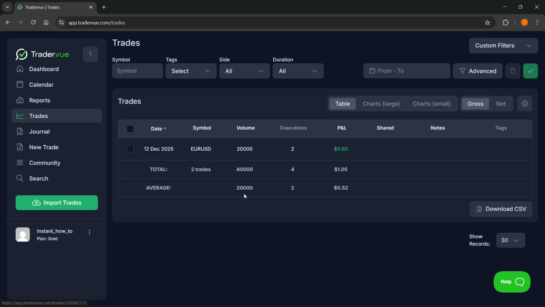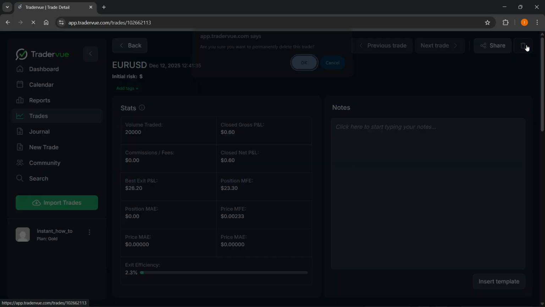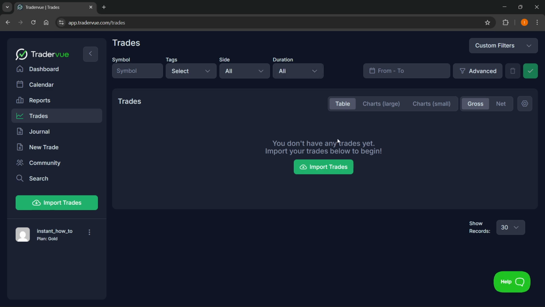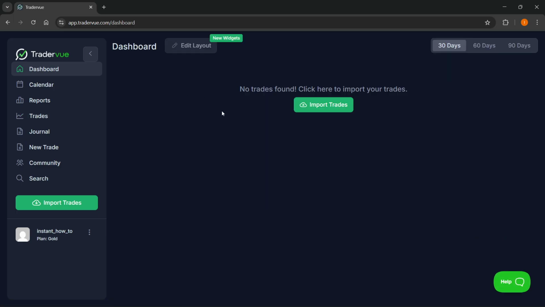Whenever you delete all these trades, of course, everything will get wiped. So for example, if I remove this one over here as well, and I click OK, you're going to be able to see I'm going to have a fresh dashboard. There we go. It says you don't have any trades yet. If I go to dashboard, it's empty. There's nothing here. And yeah, that's how you can essentially reset your